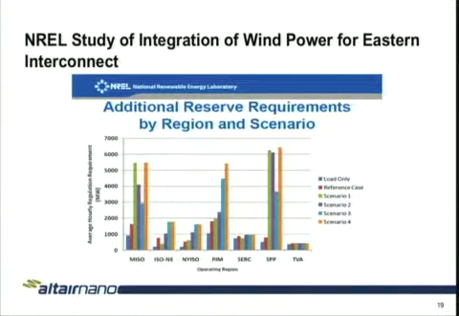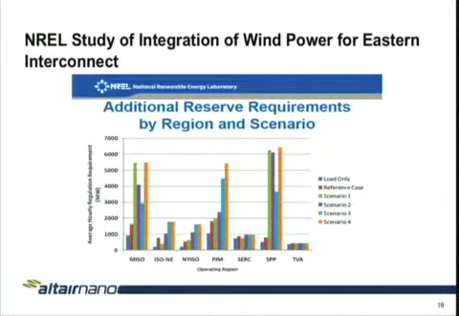This is NREL's study that was done for the Eastern Interconnect. They said, hey, what's going to happen to these various balancing areas, MISO, ISO New England, New York ISO, PJM, Southwest Power Pool, Tennessee Valley, as you implement different types of renewable generation, as you add more. In this case, it was wind in particular. And so they looked at, what's the load? Okay, load only, and I happen to know PJM is about 100,000 megawatts of load, and it's about 1,000 megawatts of regulation needed, 1%. MISO similar. Once again, this is the base case, the blue on the far left.